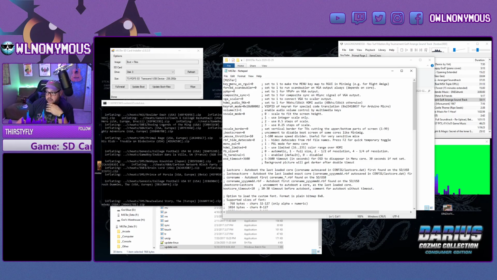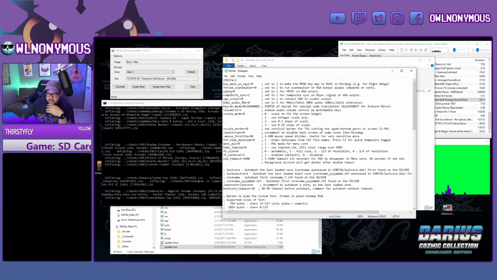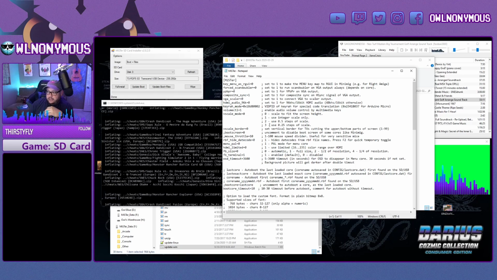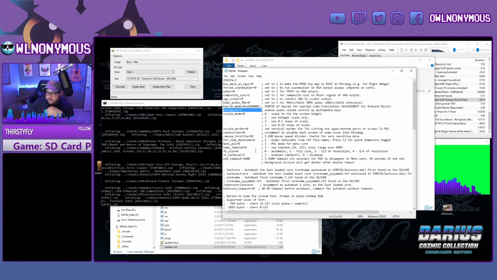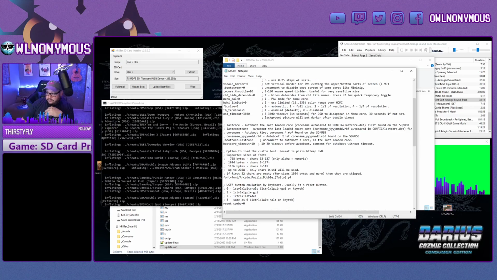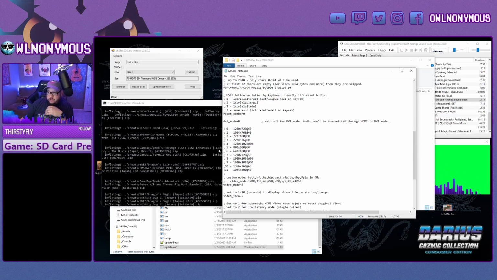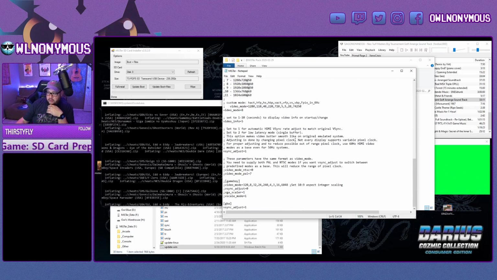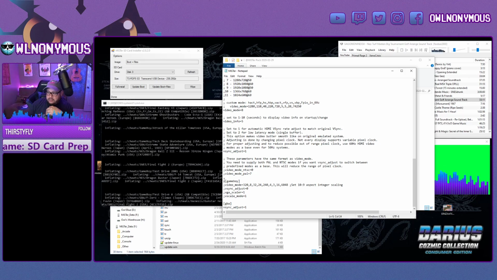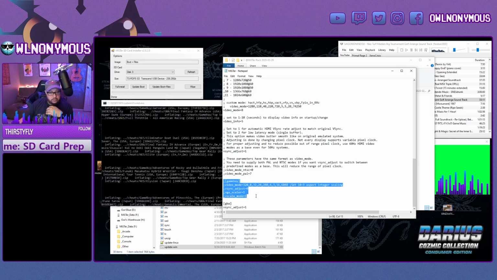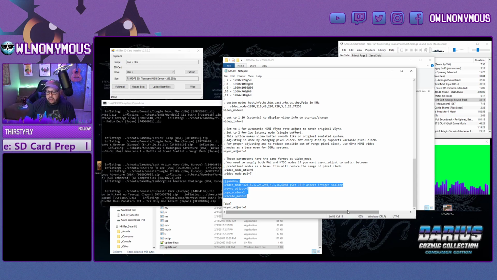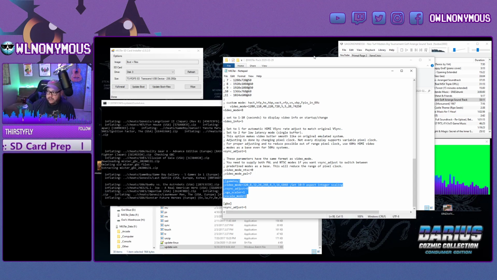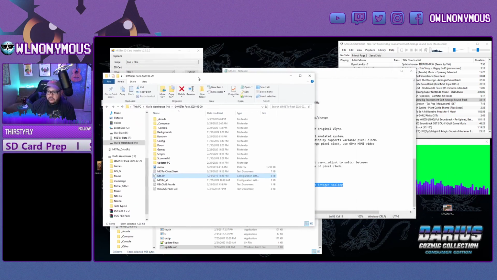You have your YPbPr settings, your composite sync settings, if you want volume control on the core. Yeah, and there's everything else in here. Your main resolution for your HDMI out. And you're also able to create custom core configurations. So the Game Boy is one of the cores that, let's cover that up. Actually, that's quite distracting, I'm sure. So the Game Boy